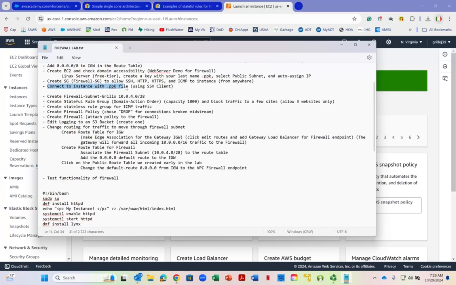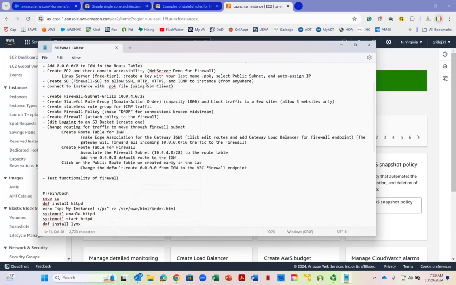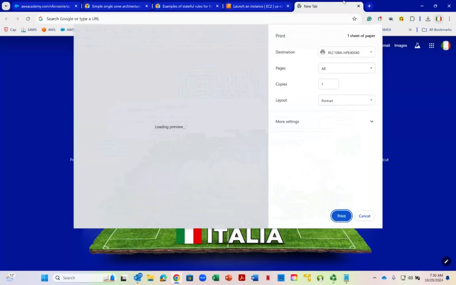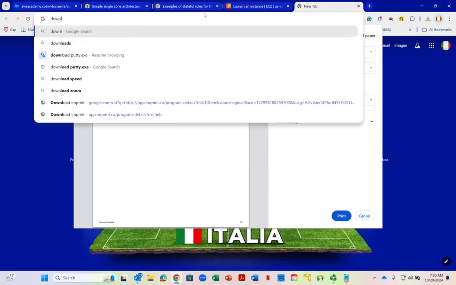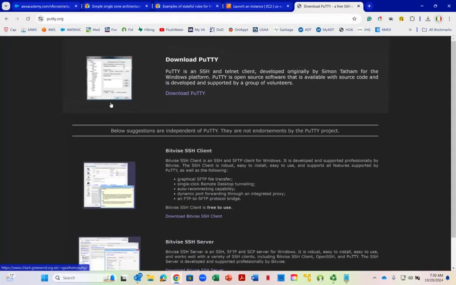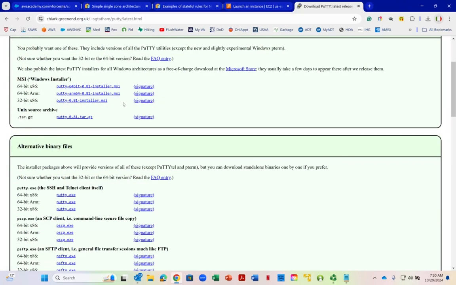Our next step will connect to the instance with the PPK private key on our workstation or laptop using the SSH client. Okay, now to access the instance, we'll have to use the PuTTY utility. You may have downloaded it already. I have it downloaded, but if you need to download PuTTY, just type in Google, download PuTTY, and it's the first hit you get from putty.org, and you click the download PuTTY here. And if you scroll down,